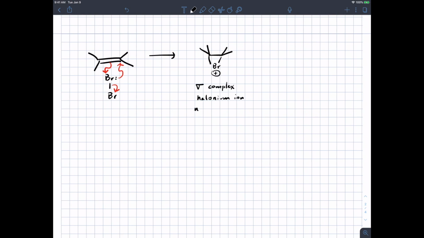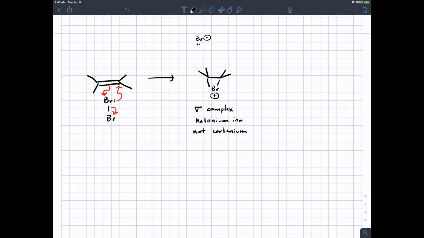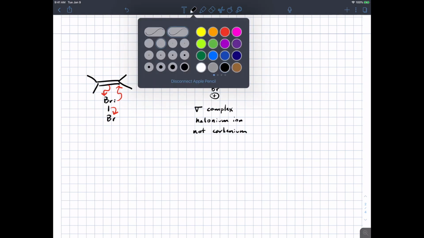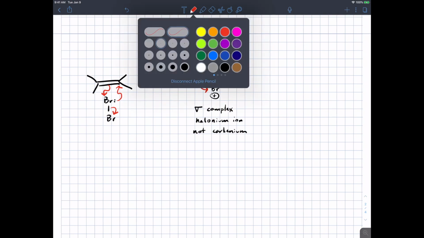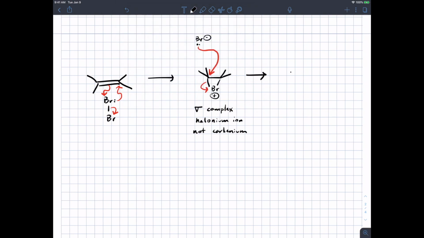We don't see carbenium ion, and the evidence for that is we see exclusively, or predominantly rather, anti-addition of Br2 across the double bond, because the second Br minus comes in from the backside and opens up in sort of SN2 fashion the bromonium ion. Your product is a so-called vicinal dibromide, and